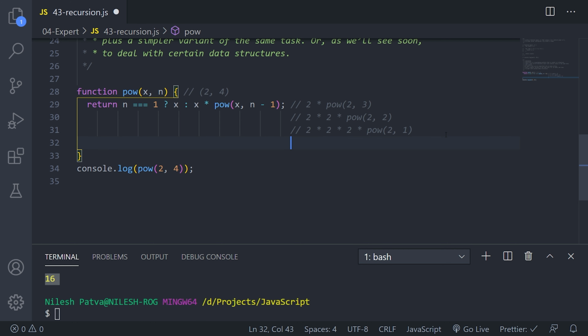So let me show you how the last iteration will look. This is the return value from the last call of the power function. It will return the x itself. That becomes 2 into 2 into 2 into 2. So we are multiplying 2 by the number of times of this argument, which is n, and it is currently 4. So that is how this recursion works. I have provided you the entire iteration here, and if I run this, you will get the answer 16. I hope you have understood the recursion part, and this is very useful in many cases. We will learn it later.